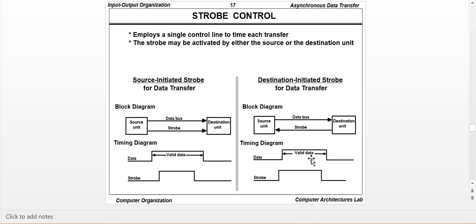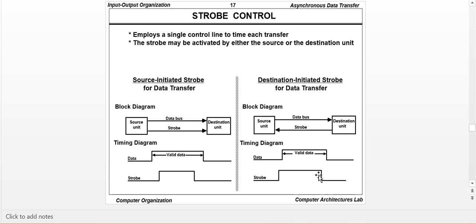Whereas in destination initiated strobe, the strobe pulse will be initiated first, because the strobe is actually a request from the destination unit for the source unit to place the data in the data bus. Okay, so it will ask for valid data, and then the source will place the data. So that is why the strobe pulse will first be enabled, and then valid data will be placed by the